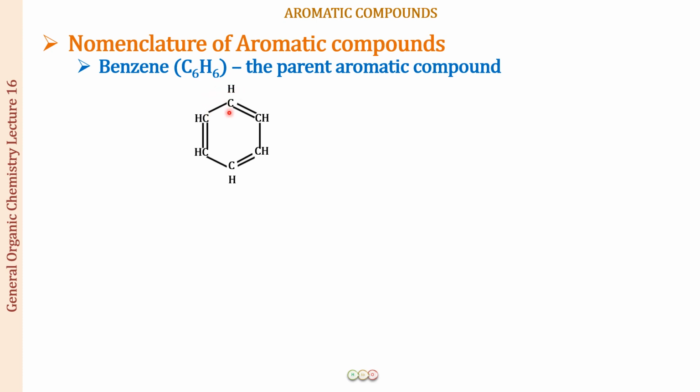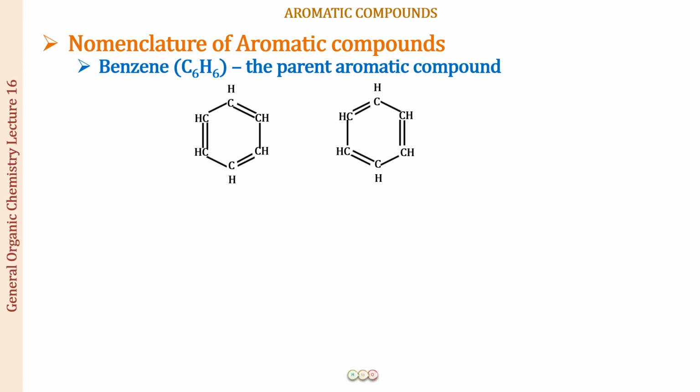So we have the carbon forming the 4 bonds, right? On one side a double bond, a single bond with the carbon atoms, and on the other side one bond with the hydrogen atom. So at each corner of this hexagon, you can see there is a CH present, and all the carbons are making alternate double bonds and single bonds, right? So this is the structure for the benzene ring.